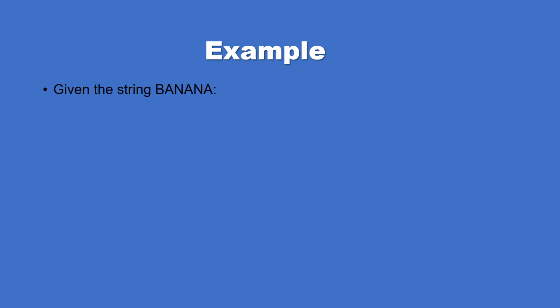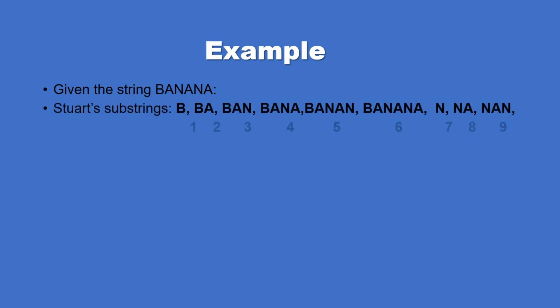Now let's look at an example to understand the scoring better. Let the string S be banana. Then Stuart's possible substrings are substrings that start with consonants. Our first consonant is B and the possible substrings with B are B, BA, BAN, BANA, BANAN and BANANA. Our next consonant is the first N and the possible substrings with that N are N, NA, NAN